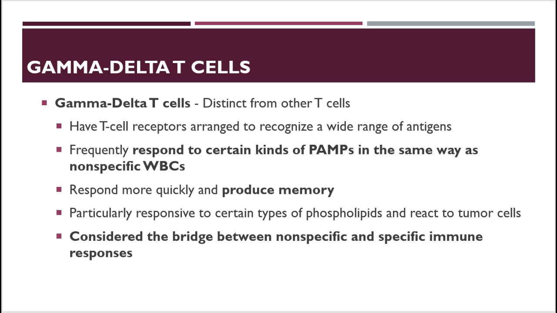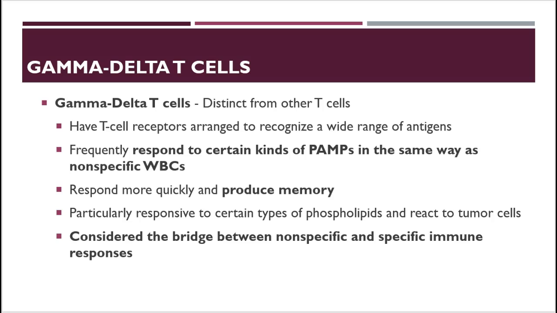So we have another class of T cells called the gamma delta T cells, and these are distinct from other T cells because they're sort of a T cell hybrid. They have T cell receptors, but they also respond to antigens similar to the way non-specific white blood cells respond, like our neutrophils. So they respond to certain kinds of PAMPs, but then they also have T cell receptors that